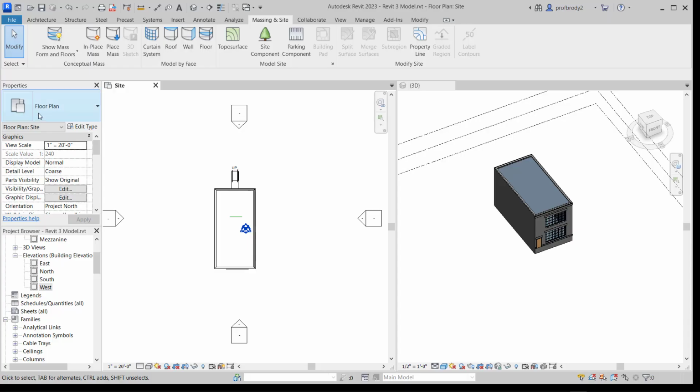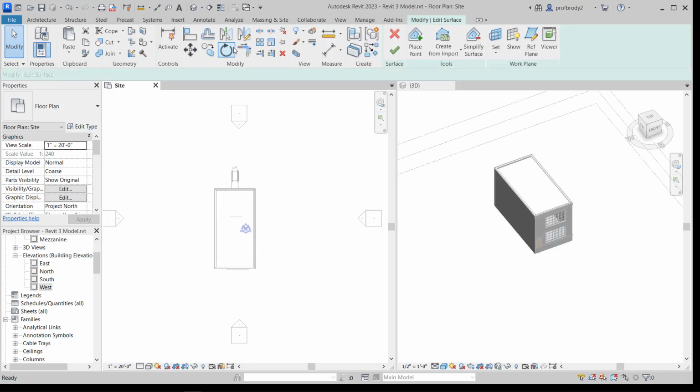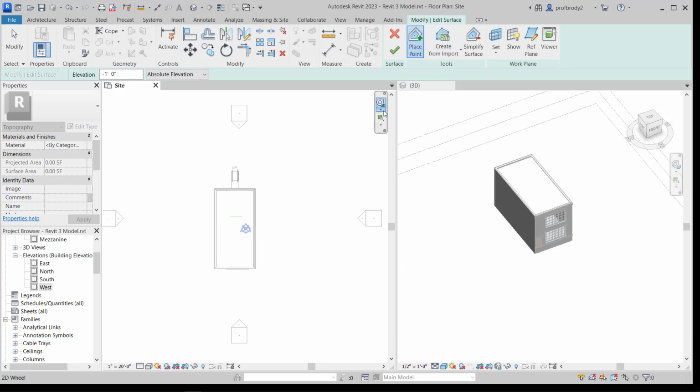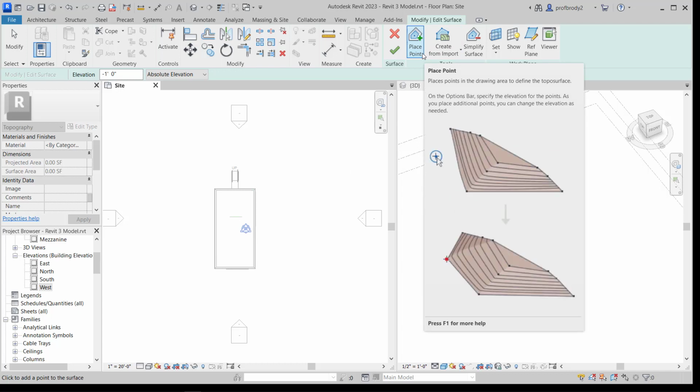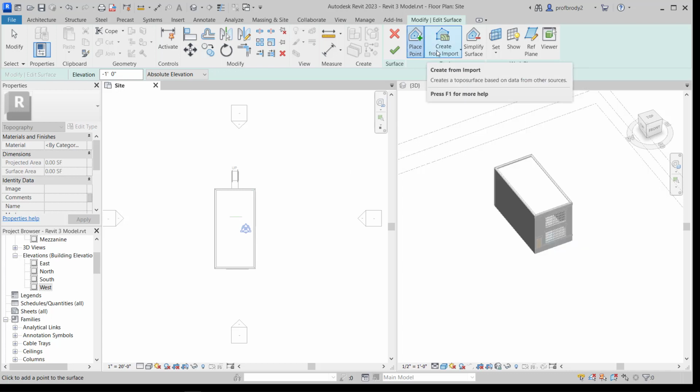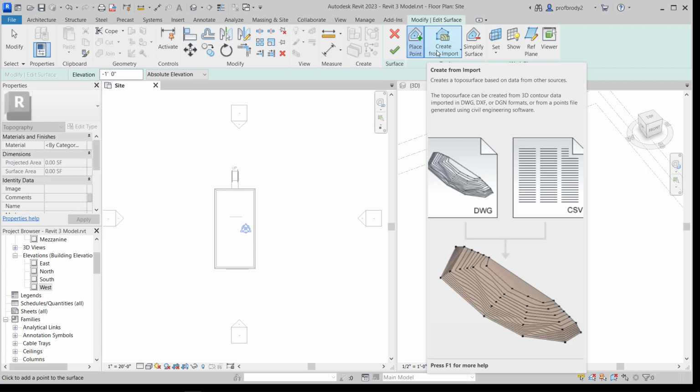The last type of mass that we're going to learn how to create is a site topo surface. And you might say, well, why don't I just use an in-place mass and warp it, like you said before? And you absolutely could do that, but a topo surface allows you to build a surface based on points. And this is more typical because we often receive point clouds from our consultants, landscape architects, or civil engineers, and we can just import those in, and it will generate the whole site with the contours and everything using those